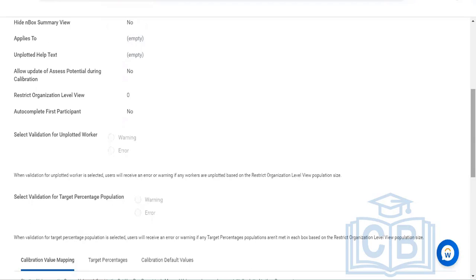For an example, here you can see users will receive an error or warning if any workers are unplotted based on the restrict organization level view population size. So if there is any restriction at the organization level, and here 0 means no, 1 means yes, you can assume it in that way. In case it is 1, if there would be any such worker, and we want to highlight that maybe as an error or a warning,